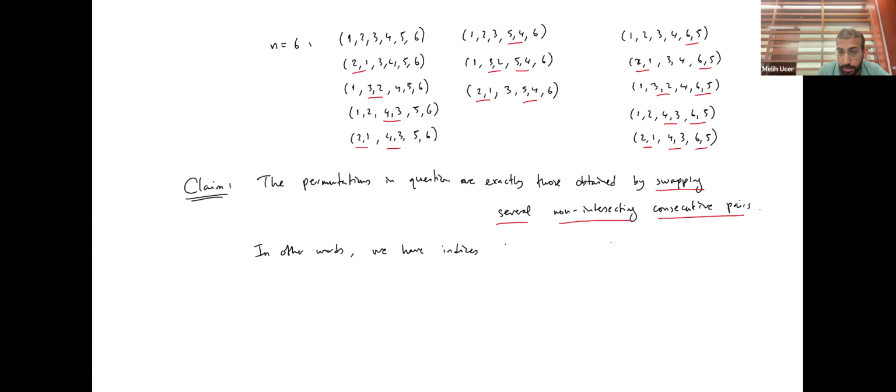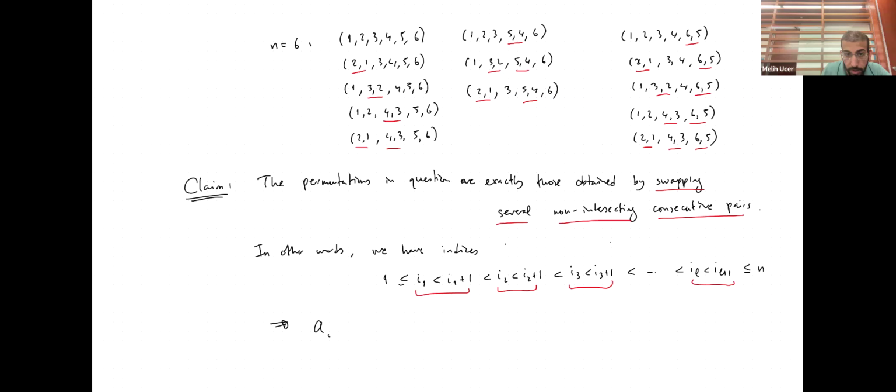Instead of saying that the difference is 2, it is better to write I1 less than I1 plus 1, and this is less than I2, I2 plus 1, and so on, I3 plus 1, strictly less than IL plus 1. We have such indices such that, in our permutation, A of Ij equals